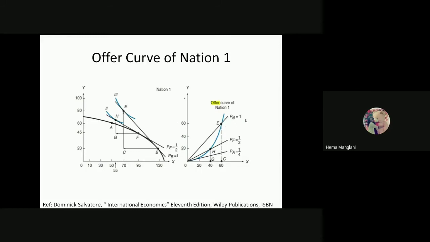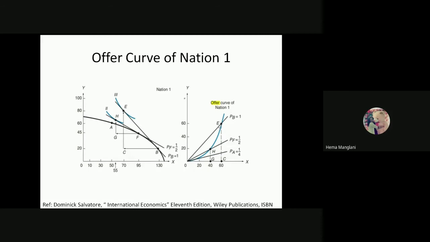So we reach the PB equals to 1. So the higher terms of trade line means what here? Here, for the nation, one thing is a must to induce the exports, and that is what? The commodity X price must rise. Or in other words, this PX by PY should rise. Then only this country would like to jump from H point to E point.